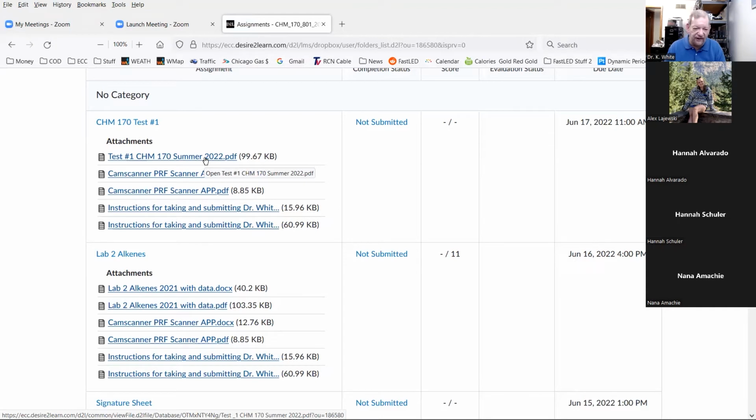this file. And you should take about an hour, but don't tell anybody, take an hour and a half to actually do the test. And that's not part of that hour and a half for you to scan it or take a picture and upload it. I'm talking about just taking the test.